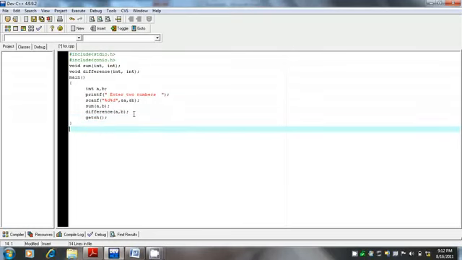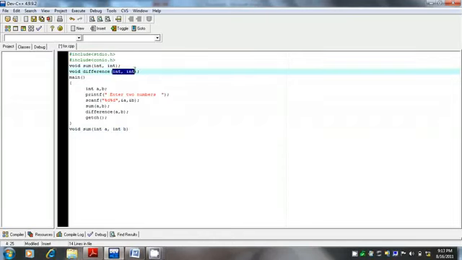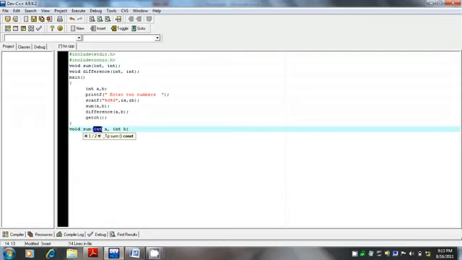Main function over. Now the third thing is function definition, where the actual coding of the function takes place. So function definition void sum int a, int b. In definition we have to write the variable name. In declaration we can skip this. In declaration we have to write only the type of variable we are going to pass, that is integer, but the variable name is optional. But here we have to specify the type as well as the variable name, that is a and b.